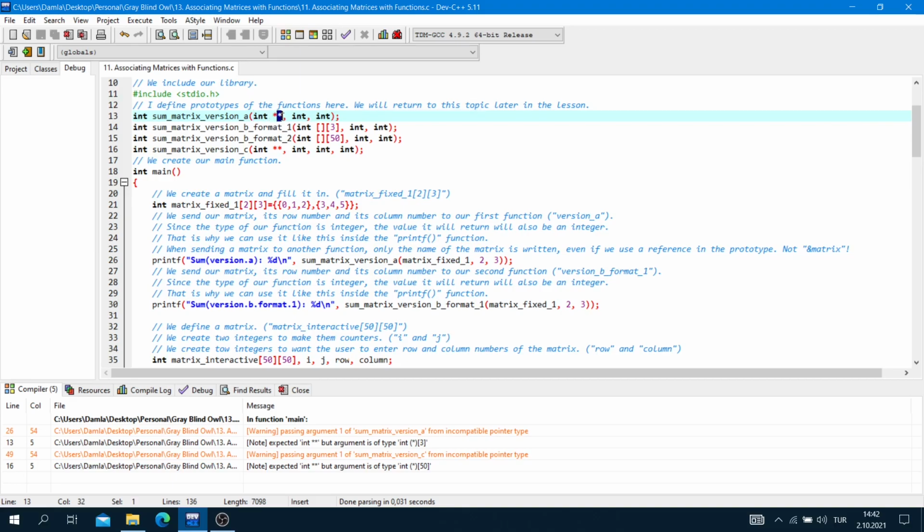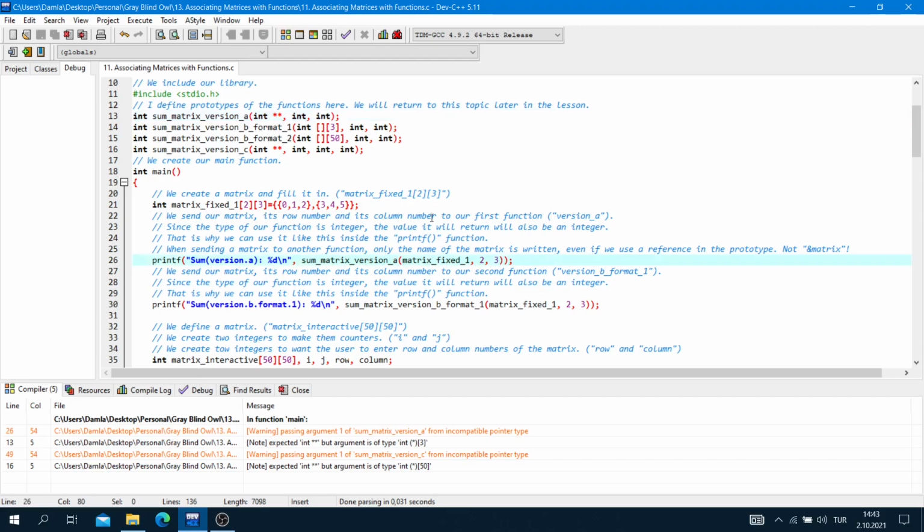So one reference for the columns and one reference for the rows. And I send its row number 2, so I send an integer, and I send 3, our column number, also an integer.